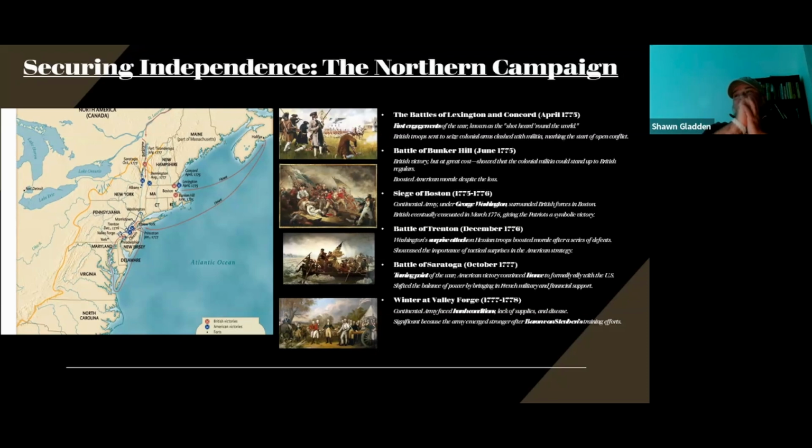Now, in order to understand how the Battle of Saratoga happens, you first have to understand the mistakes that the British make to allow Saratoga to happen. I don't know if you can see my arrow, or if it's showing up on the map. If you look at where New York is, and where Fort Ticonderoga is, right here, and you look up into where Canada is,